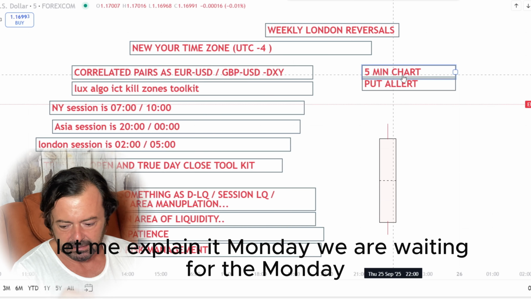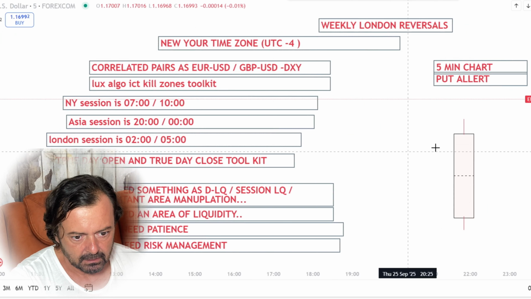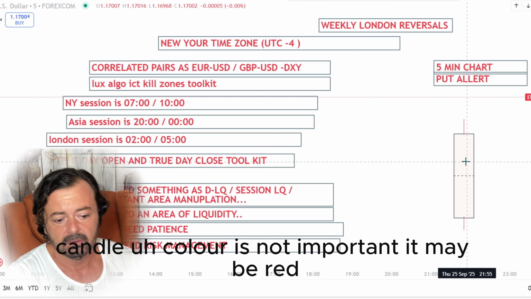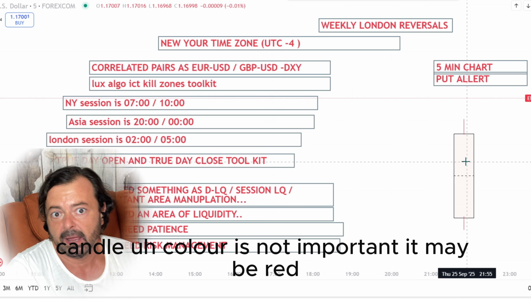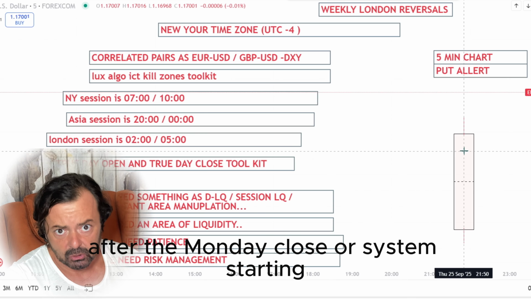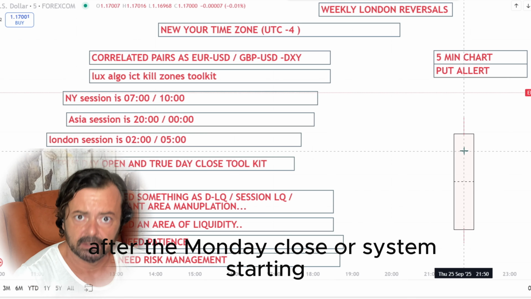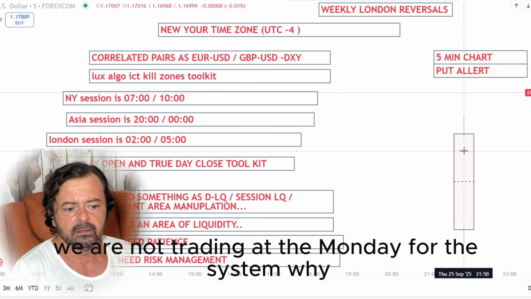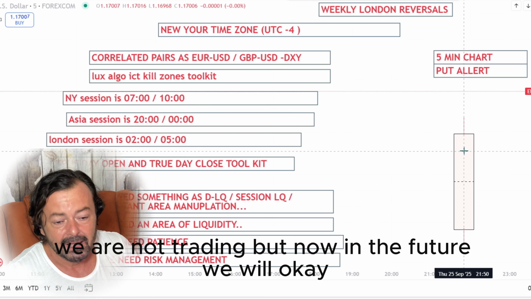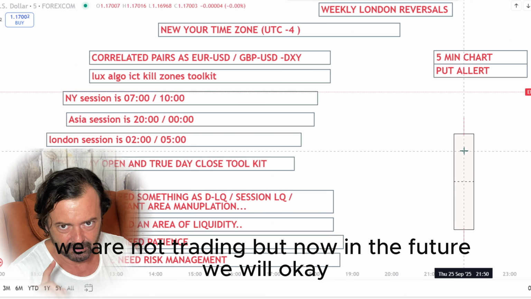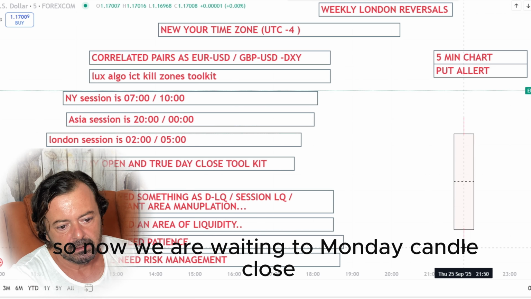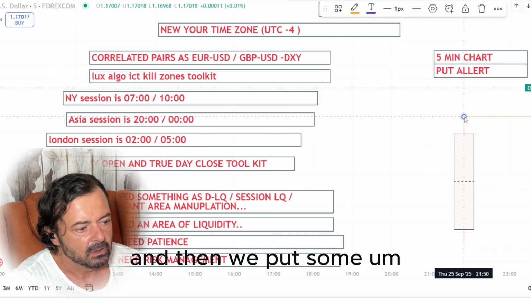Let me explain it. We are waiting for Monday. The Monday candle opens and the Monday candle closes. The candle color is not important, it may be red, it may be green. After the Monday close, our system starts. We are not trading on Monday for this system, but in the future we will. So now we are waiting for the Monday candle close, and then we put some